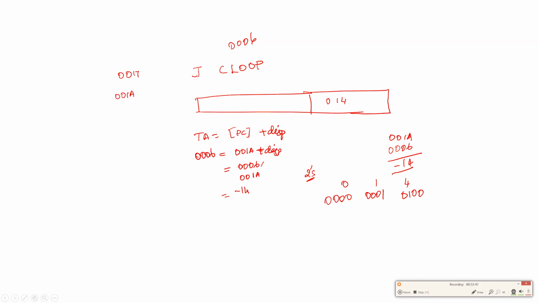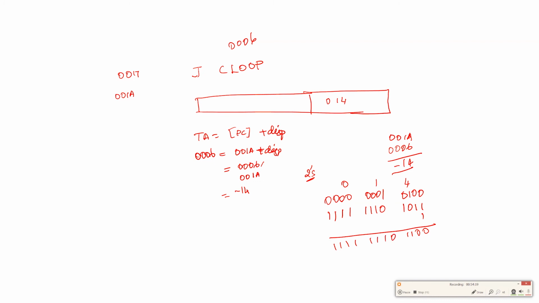Right? Now, how will I convert this into 2's complement? First step is convert all the zeros into ones and ones into zeros. That is 1111, 1110, 1011. Now add 1 to it. When I add 1, 1 plus 1 is 10, write 0 and carry 1, then the remaining values are written like that: 1111, 1111, 1100.